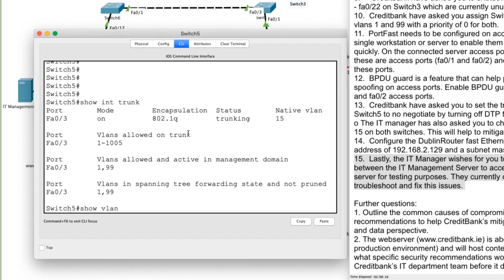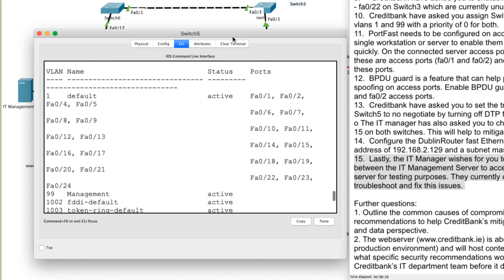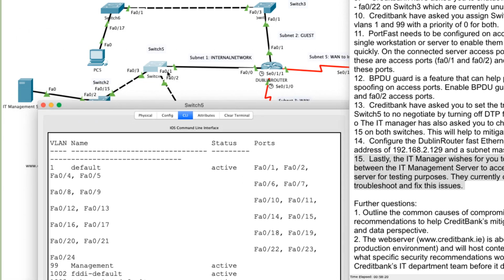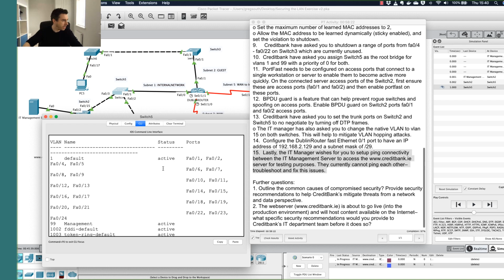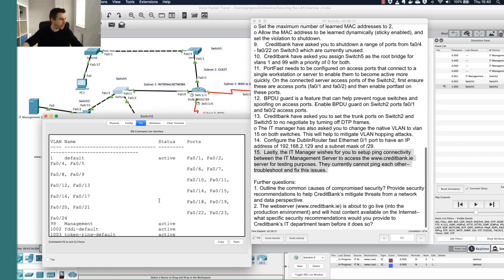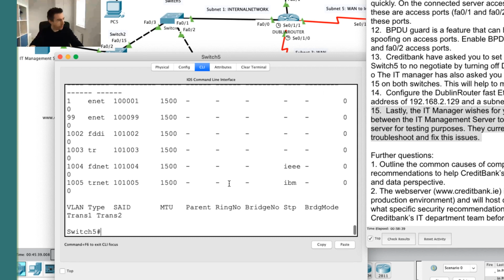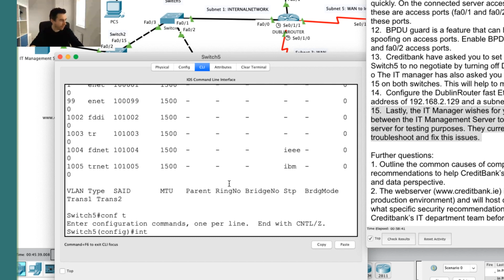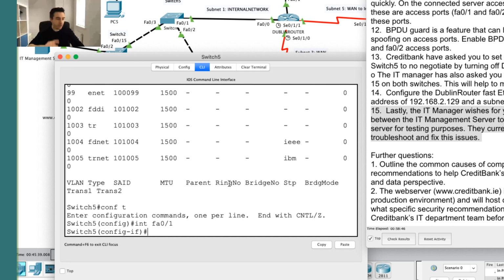If I go show VLAN, guys, look what I can see. This port at the moment, and this is port FastEthernet 1 by the looks of things, look at this, it's actually in VLAN 1. So it's set to an access port. It's not going to allow VLAN 99 traffic to go across here to communicate with this VLAN 1 VLAN. So what I'm going to need to do is go in here. I'm going to need to go to conf t, interface FastEthernet 0/1, and I'm going to need to run one